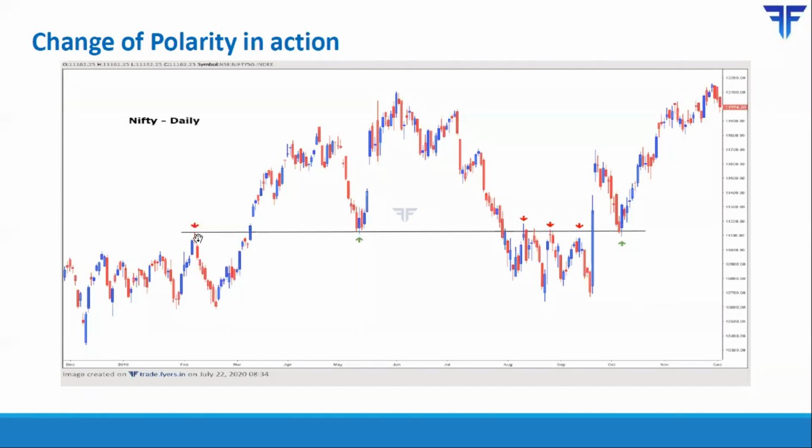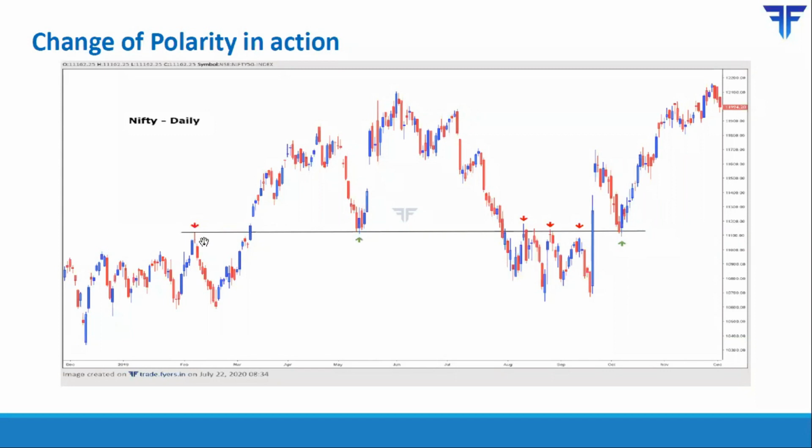From here, as you can see, price corrected lower and then started rallying. Eventually, this particular resistance over here was broken with a very convincing candle. So you had a very bullish candle. So that signaled that this particular consolidation has ended. Bulls have taken control of the market, and going forward in time, we could see higher prices in case of Nifty, which is what happened. It rallied nicely. From there it fell, but look at what happened over here.